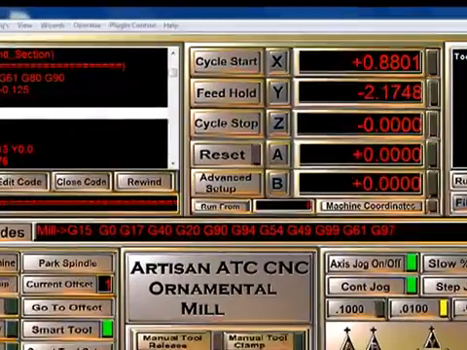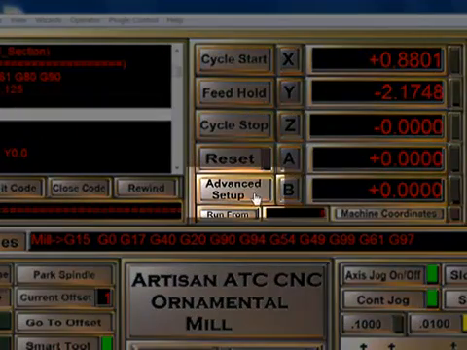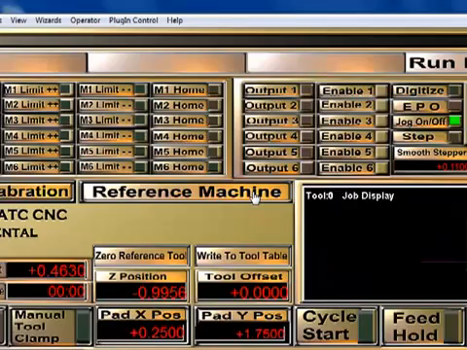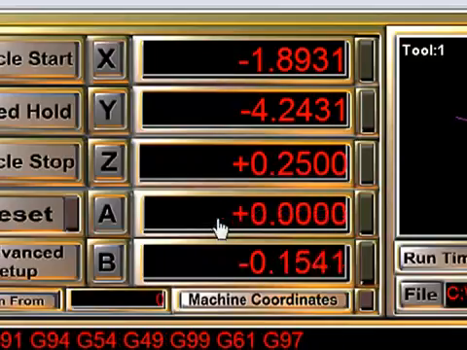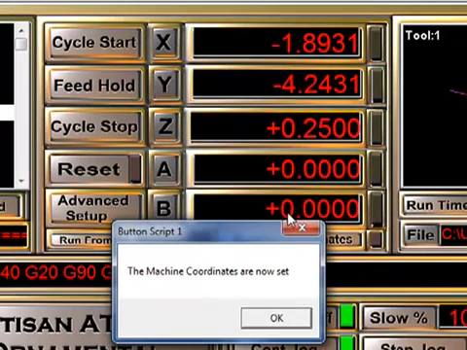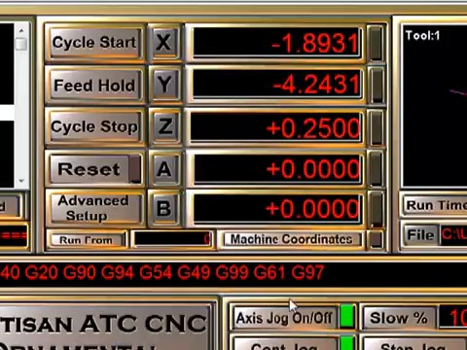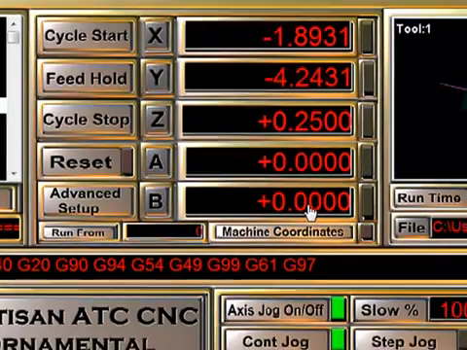Last thing that I'm going to show you is the Advanced Setup page, which you access by clicking on this button here in the center. In here we have the diagnostic controls so that on our Artisan 2, it will also find the A-axis and B-axis coordinates and then display a message that the machine coordinates are now set. If you're using an ARTI or a mini ARTI, it will set A wherever it is positioned. And it will put up a message for you to level the bed, because the B-axis is controlled manually on the mini ARTI and the ARTI.